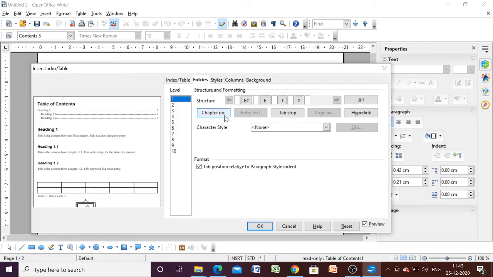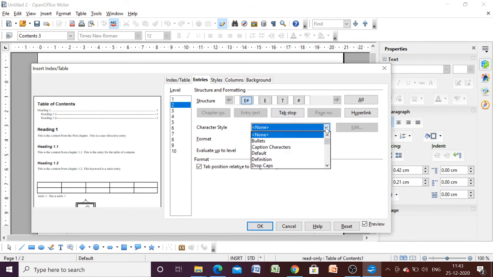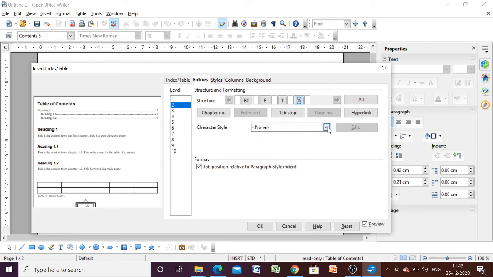Okay, so here first you have to select the level, for which particular level you want to do the setting. This is for your chapter number. Okay, here you can select any character style whatever you want. Okay, and this is the page number setting. You can change the style for this one. Already in the first video we have seen what the different styles available in OpenOffice Writer are. If you have not gone through that video, you can check it. That is the first part of digital documentation. So in this way we can customize our table also.